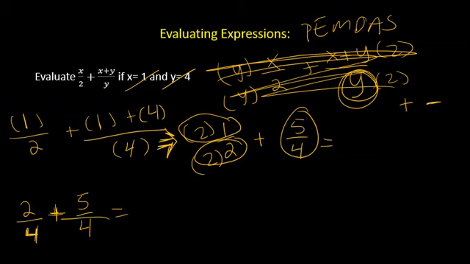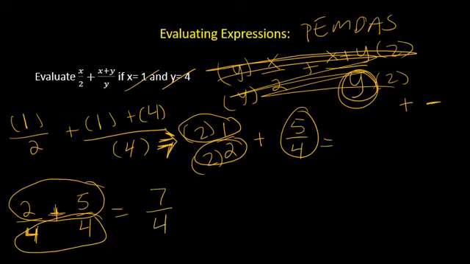So now if I look, my shoes are the same. So I'm good to go. I can go ahead and finish this problem up. I don't have to do anything else. So 2 plus 5 is 7. And then the shoes, they're just 4. Right? So this is the final answer. However, if you look very closely, it's